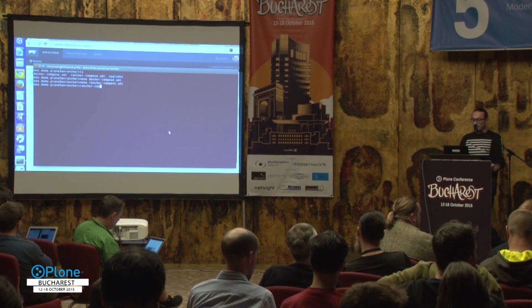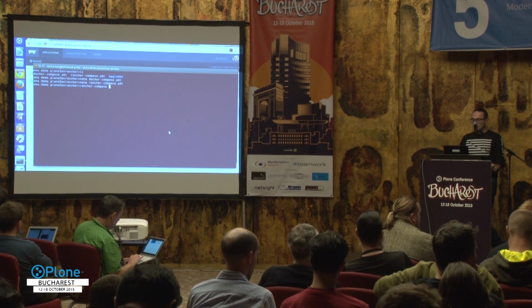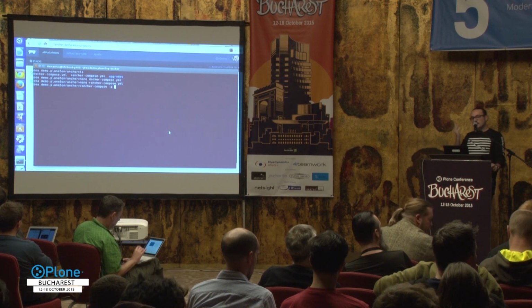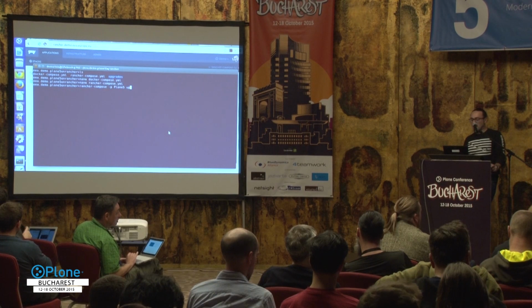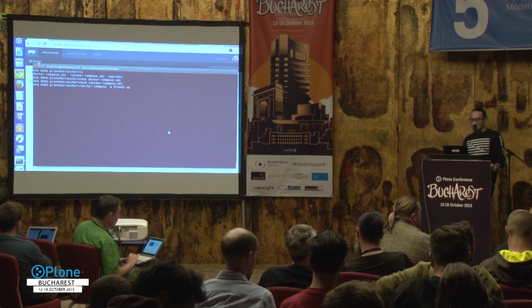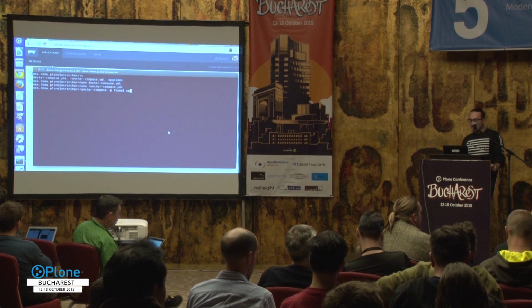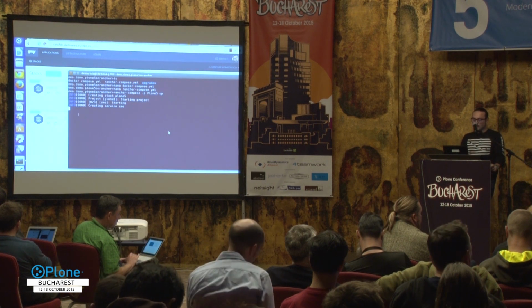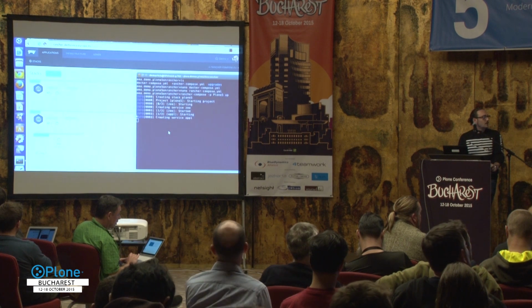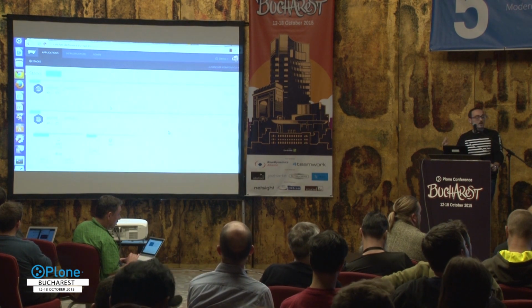Then here I run a command, rancher-compose. I say, okay, please build up this stuff from the lab. So I run a command towards the server. I have a key set up. I give a project name, Plone 5, and I say just up. So now I will upload this YAML file, and you can see on the left there that it's basically creating